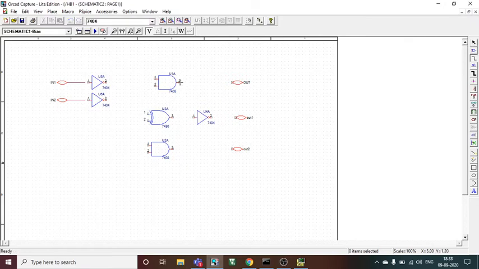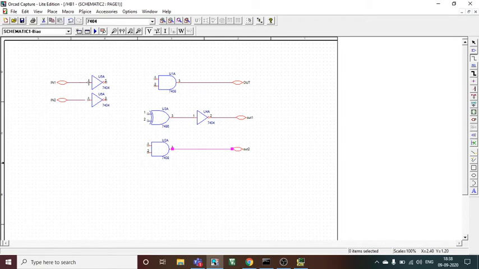Now here you can see I have to connect this first output, and then I have to connect this with the NOT gate and connect it with the second output. This gives me A equal to B, and this last one will give me the A less than B equation. So I have to make the connections accordingly. The first one, I have to connect these also properly. I have not done it again.